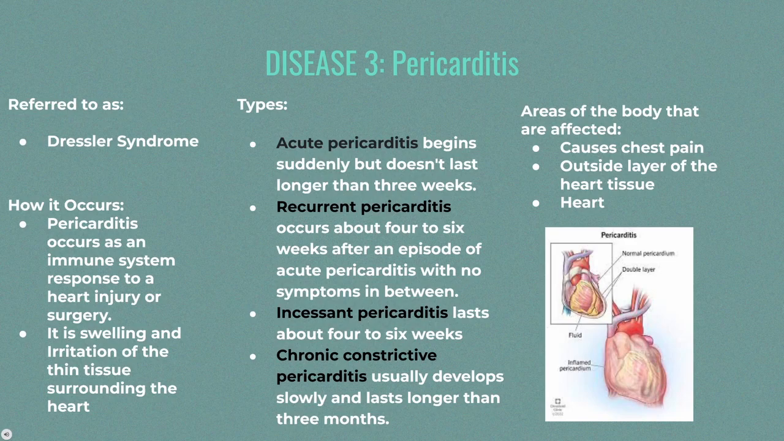Recurrent pericarditis occurs about 4 to 6 weeks after an episode of acute pericarditis with no symptoms in between. Incessant pericarditis lasts about 4 to 6 weeks. Chronic constrictive pericarditis usually develops slowly and lasts longer than 3 months. The areas of the body that are affected by this disease cause chest pain, outside layer of heart tissue, and